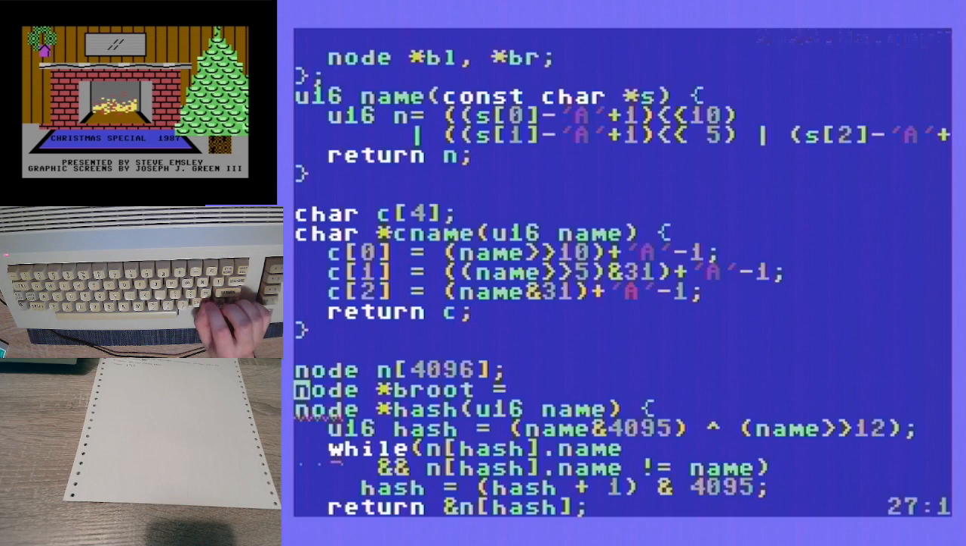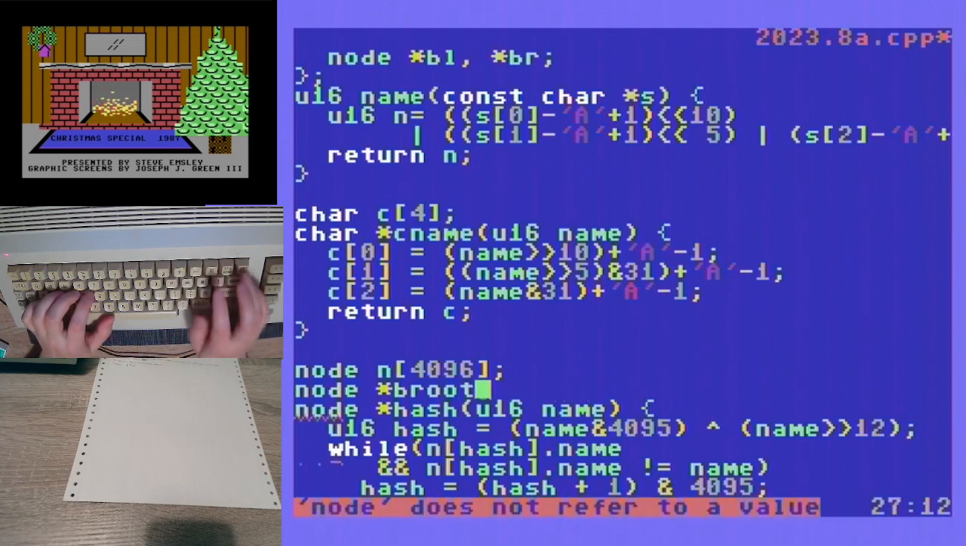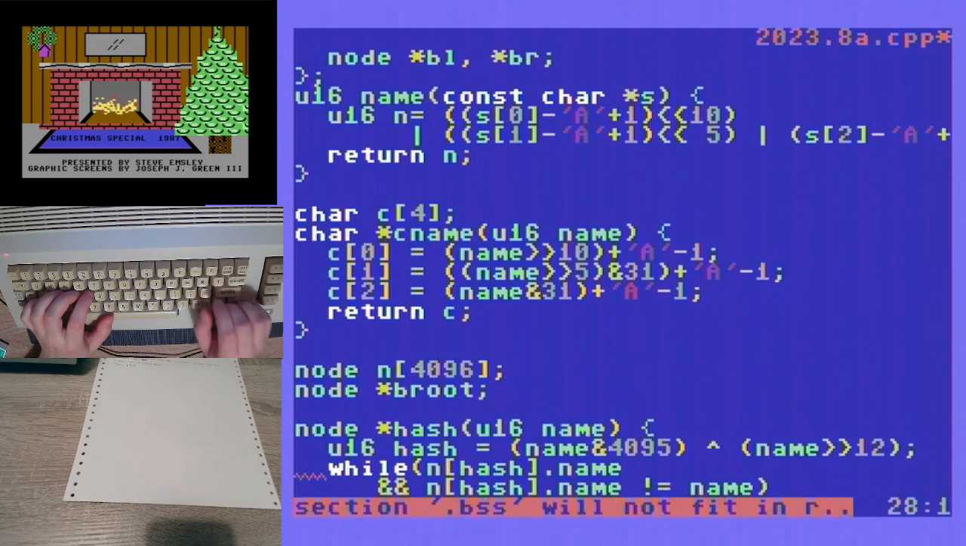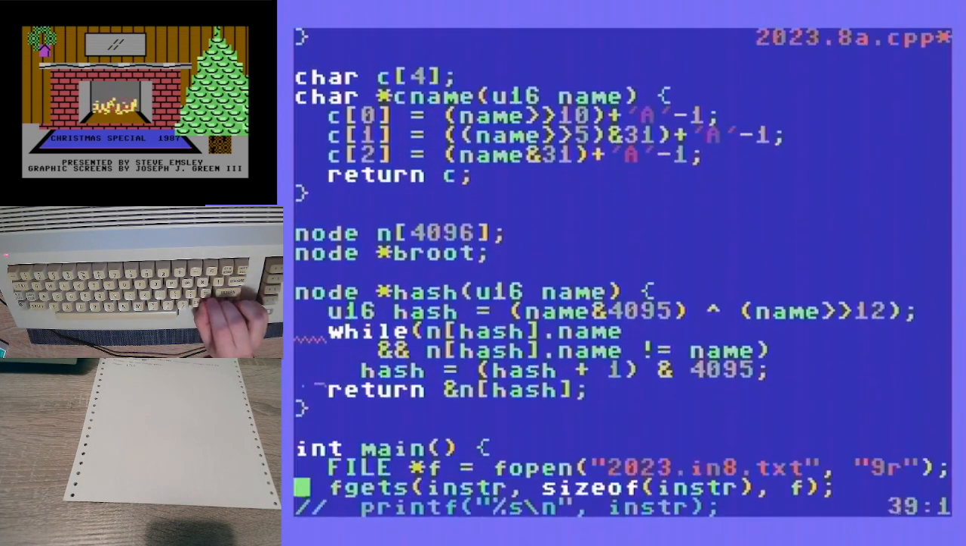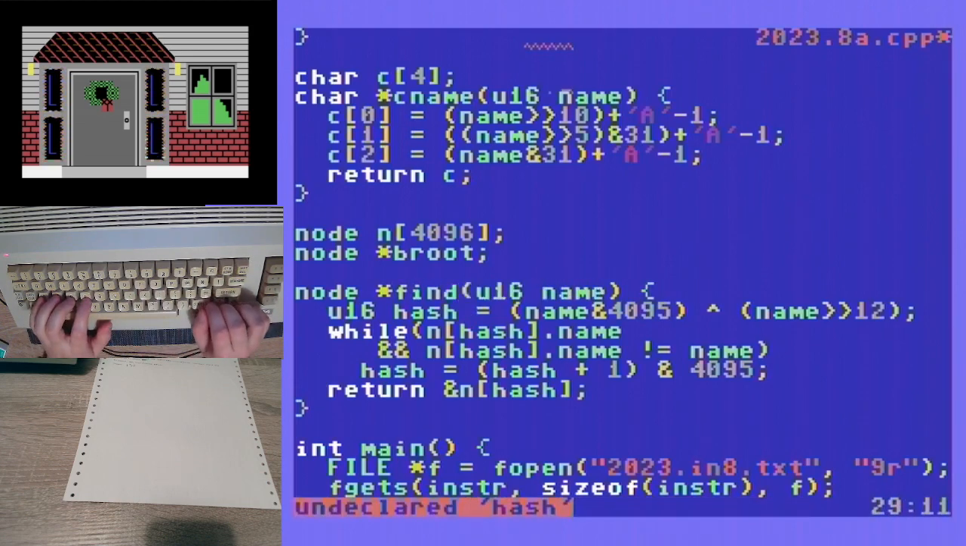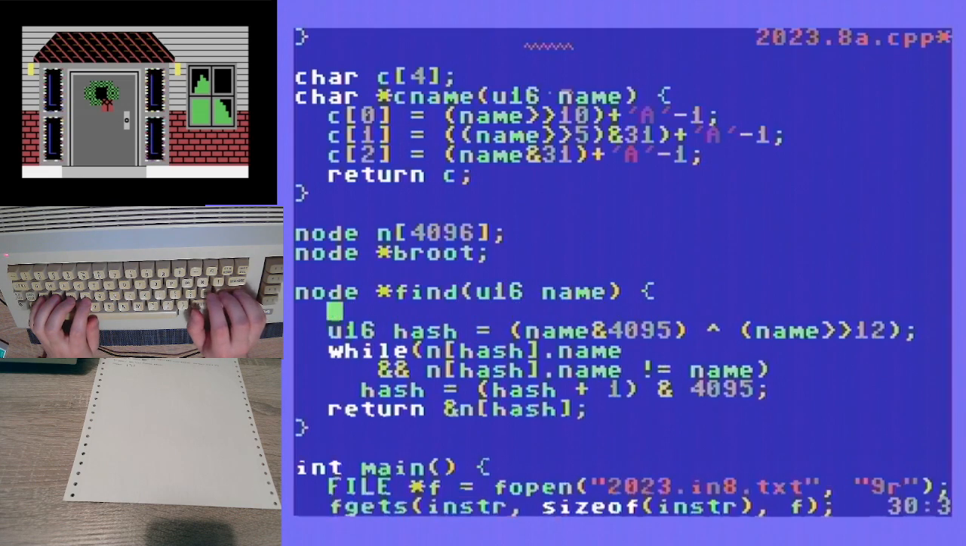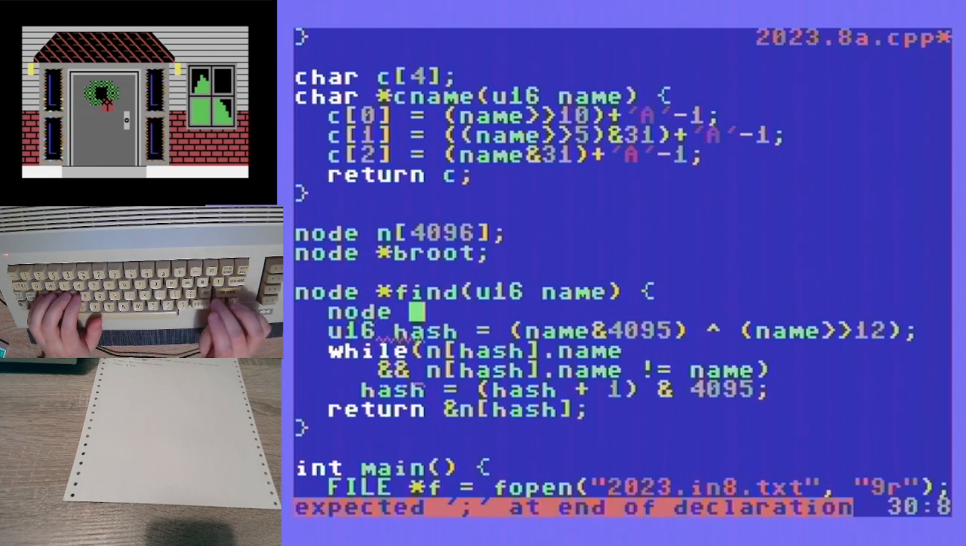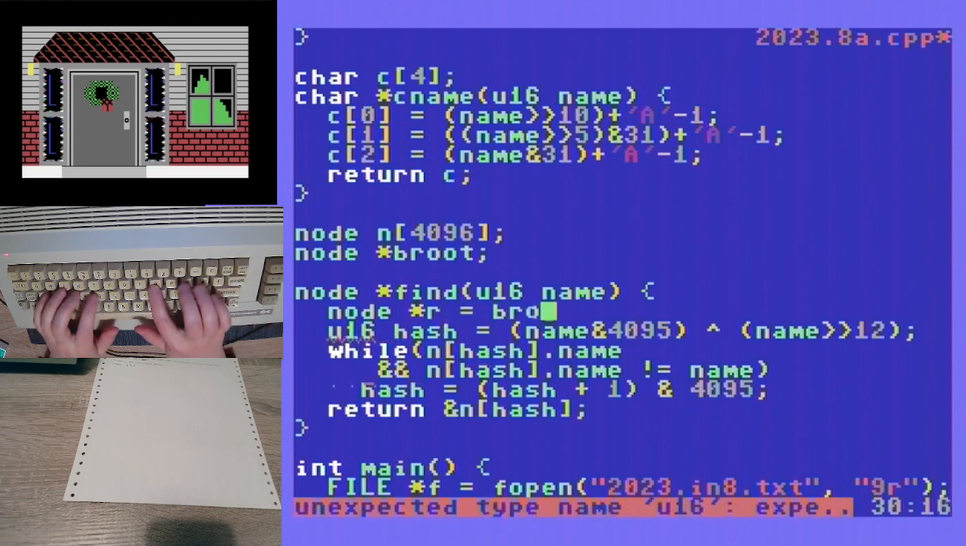I tried increasing this a little bit, but I cannot make this 8k because that would be too much. So that's a bit unfortunate. But anyways, we're gonna have a binary table and then find in that binary table. So node star r equals binary root,